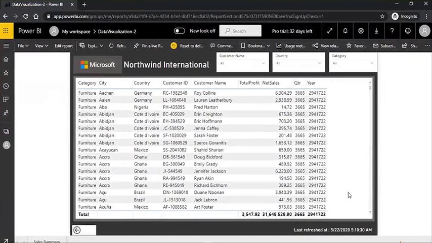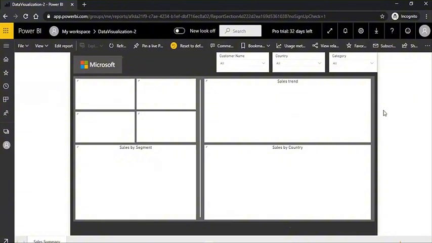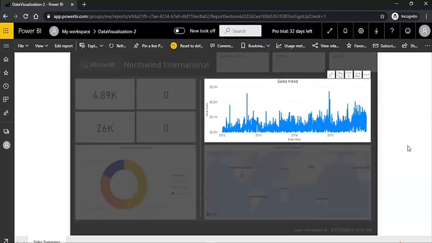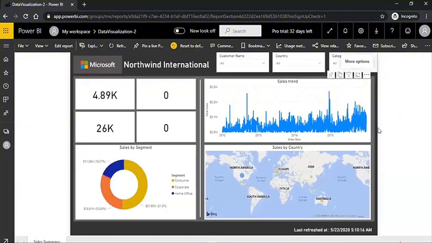Spotlight is something like, if you are presenting your report and you want to set the focus of your viewers, or all the attendees of your presentation, on any specific visual. Let's say you want to set the focus of everybody onto this line visual, so you can just go here and click on spotlight. So only this will be highlighted now. That's it. Such kind of flexibility you can get on the Power BI service also.